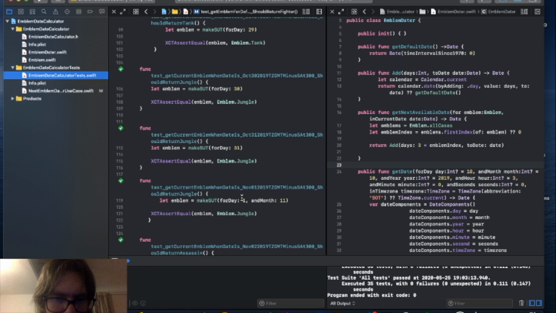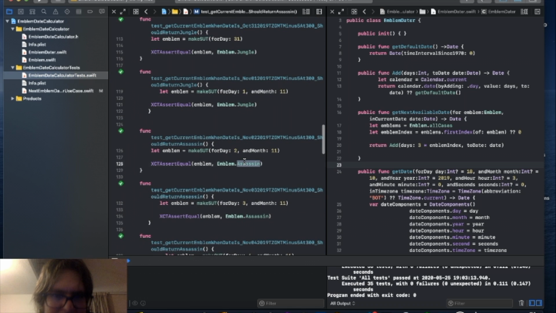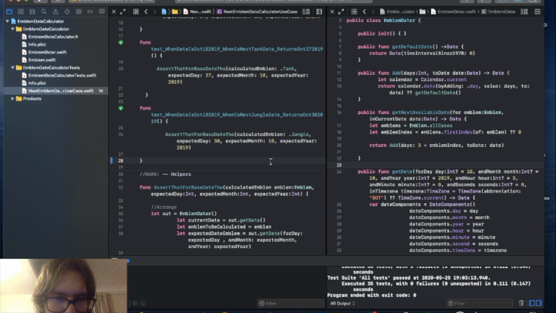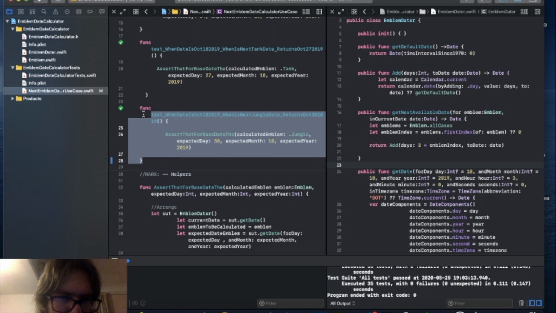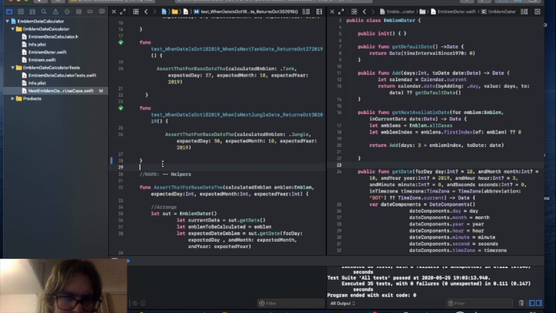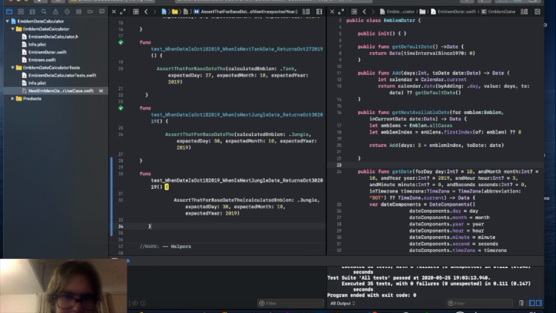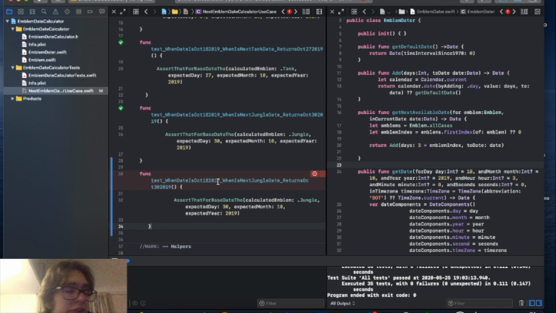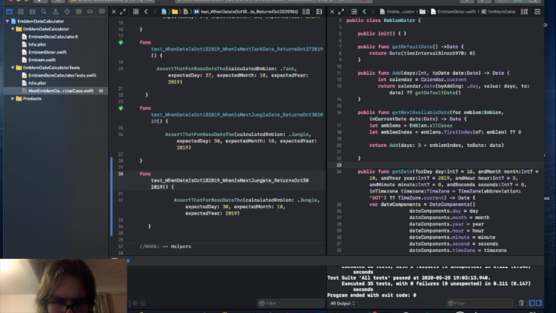After jungle, we have the assassin. Okay, and this is day 211. So now what we need to do is I'm going to copy this. When I say func when date is October 18, 2019, we're still doing it with the first date. When is next assassin date